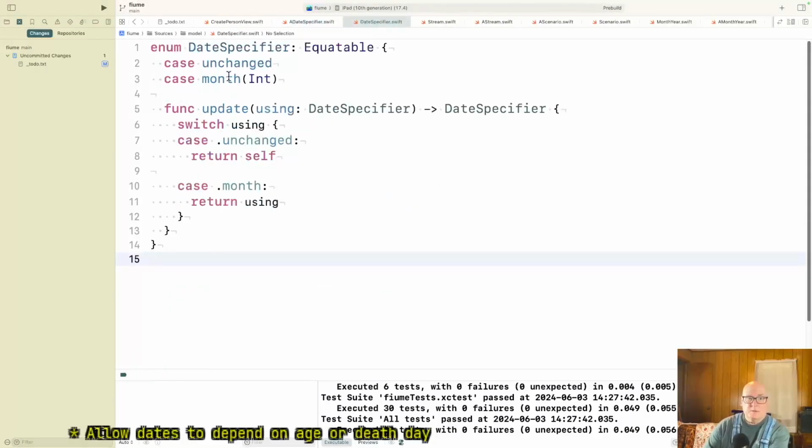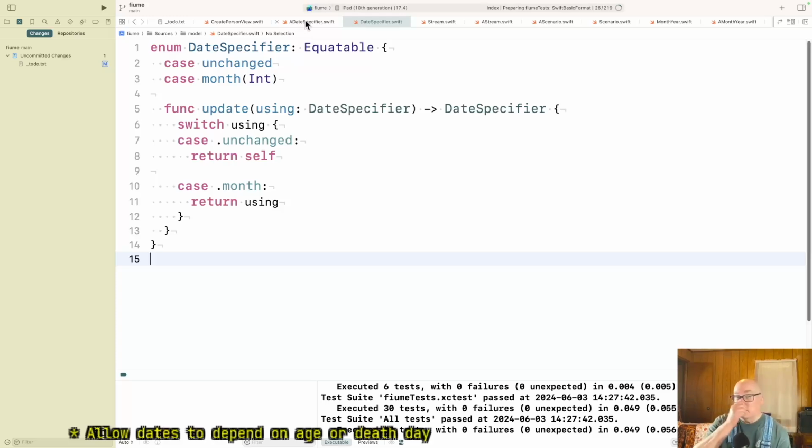So one, I guess another alternative is age for a particular person, and another is death date. I don't know the best word for that, but on their death.